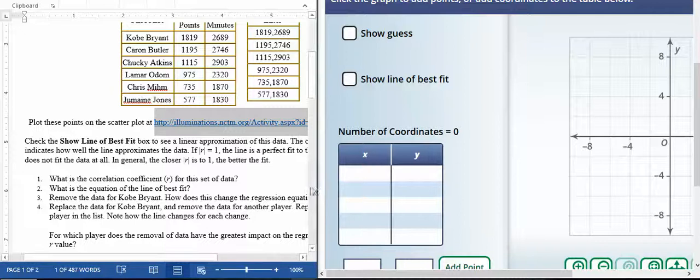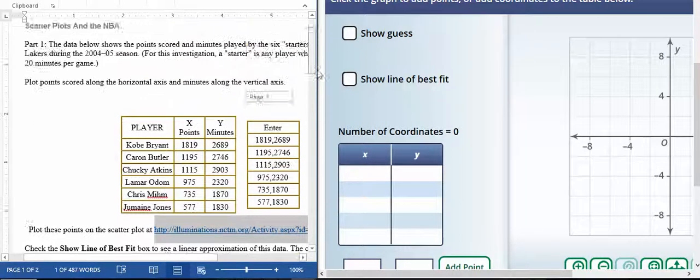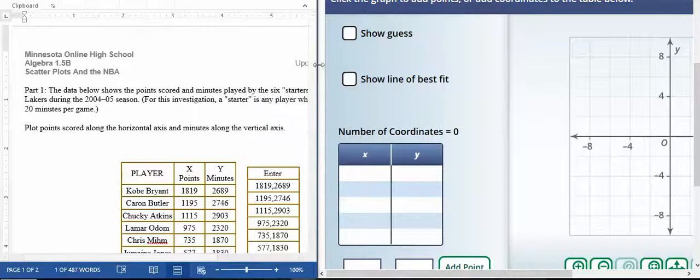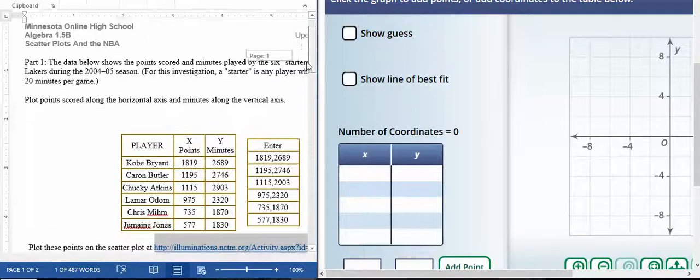In this video, we're going to go over how to do the scatter plots in the NBA assignment, and we're going to be using a website to do this where you can make your scatter plot and show the line of best fit. So the first part is there is some information about the Lakers from the 2004-2005 season,